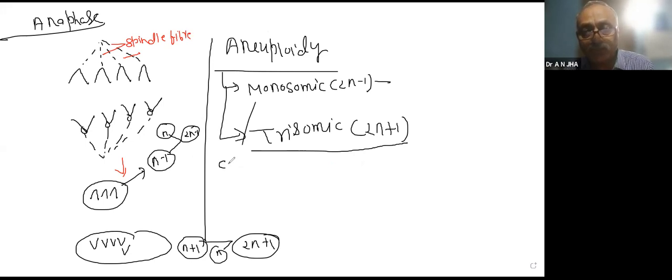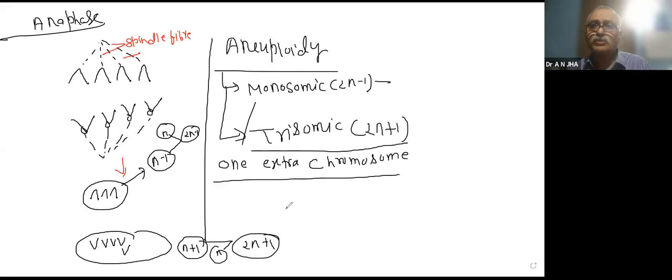It may be one extra chromosome, that may be an autosome or a sex chromosome. So this type of problem always arises when there is a problem during gamete formation, either during sperm formation or during egg formation. I mean to say, for this concept, you have to link the meiosis of your 11th class plus gametogenesis.